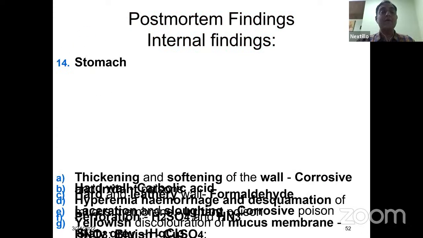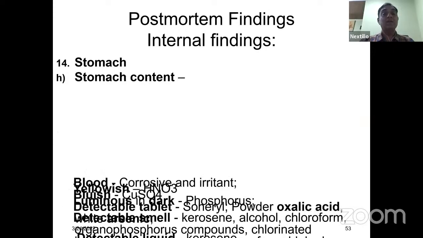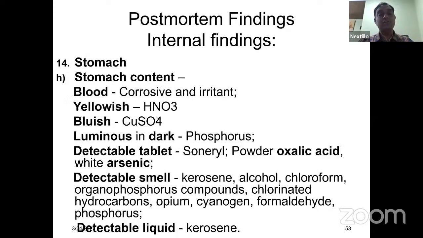What does the study show in the stomach? Again, there is thickening and softening of the wall with carbolic acid, and it is hard and leathery with formaldehyde. Otherwise, there is hyperemia, hemorrhage and desquamation of the mucous membrane due to irritation, sloughing, and sometimes discolorations: bluish with CuSO4 and slate gray with HgCl2. The stomach contents may contain blood, yellowish with HNO3, and bluish with